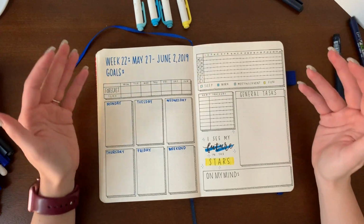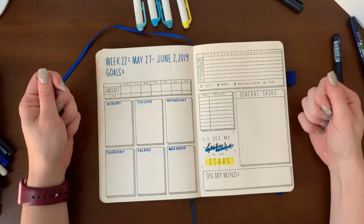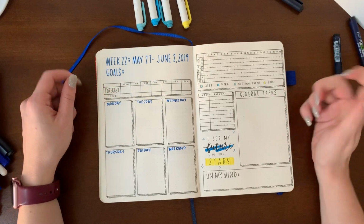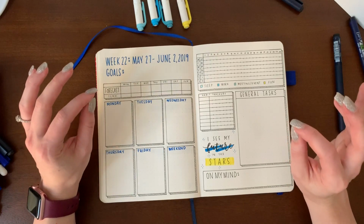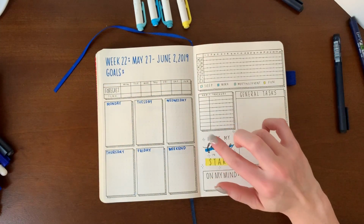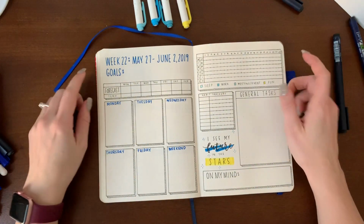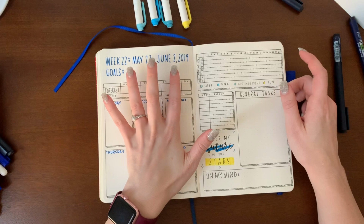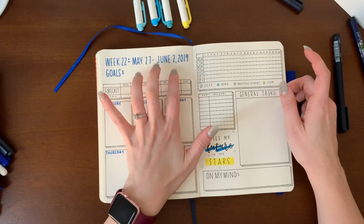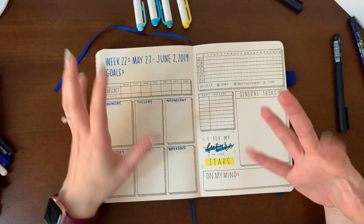And one of the reasons why I wanted to recreate this spread was because of this look. It just looks so clean, so neat. Hers is way cleaner than mine is, especially these little dashes. Oh my goodness. But regardless, so I'm gonna have 2 or 3 goals up here, probably one personal, one work